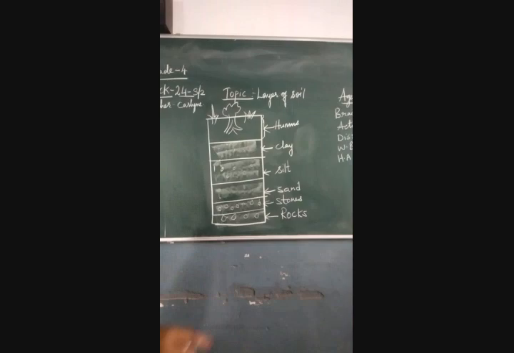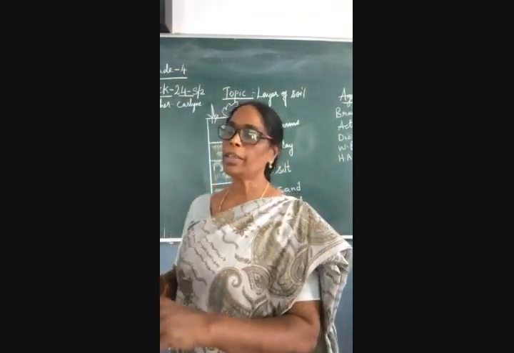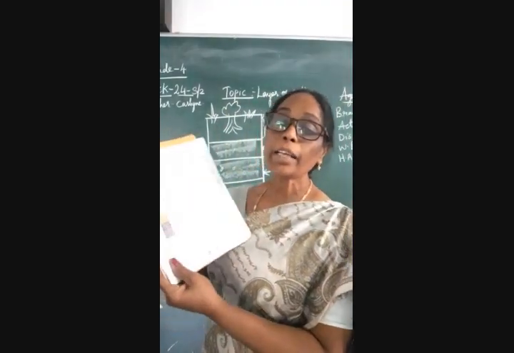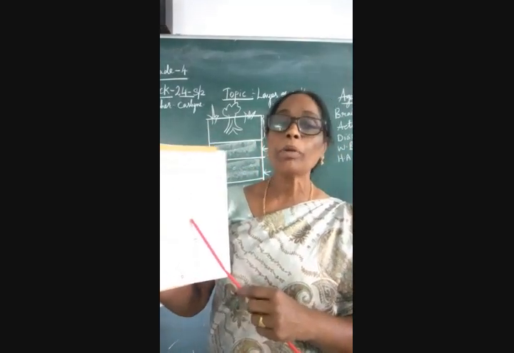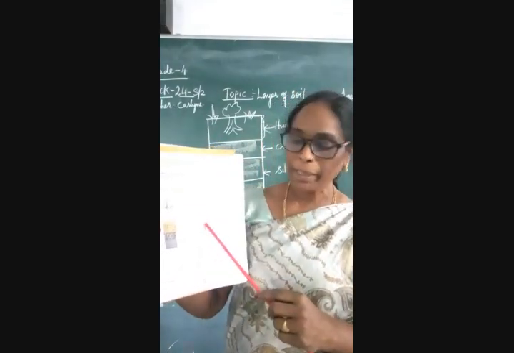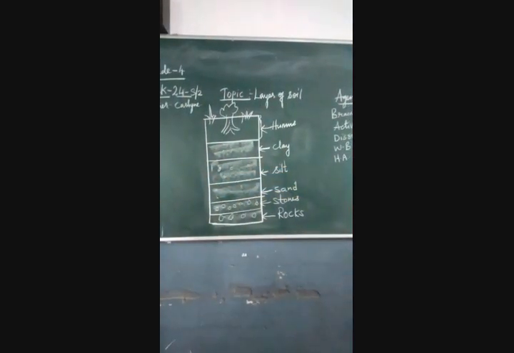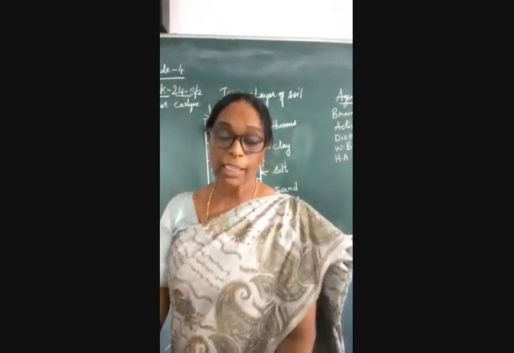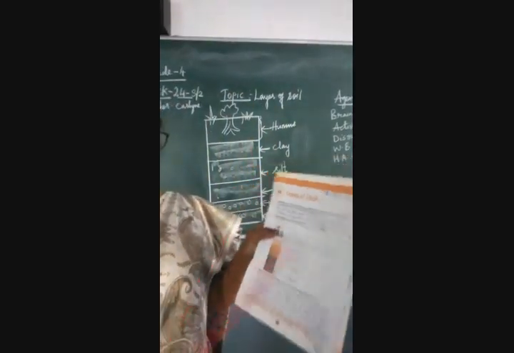So children, whatever work I have given you in the workbook, page number 41, please write neatly and correctly. And the diagram also, you have to label it with pencil, children. Don't do the labeling with a pen, you have to do it with pencil. And the question answers you must complete neatly and correctly in the classwork book. Even this diagram you have to draw very neatly with pencil in the classwork book. Thank you.